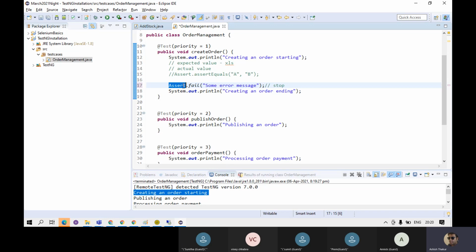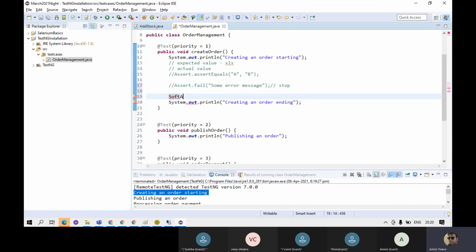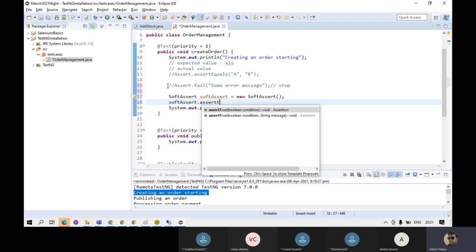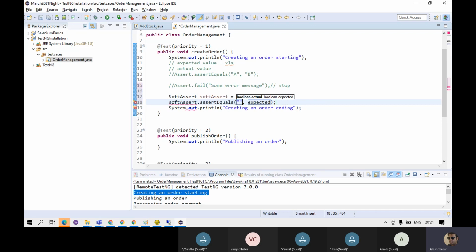All right, and in soft assertions, there is a class known as SoftAssert. You create the object of this particular class, and you can write over here softAssert.assertTrue or assertEquals, some A compared with B,